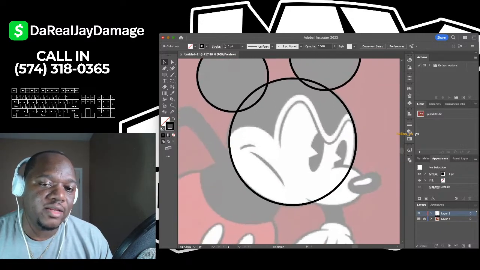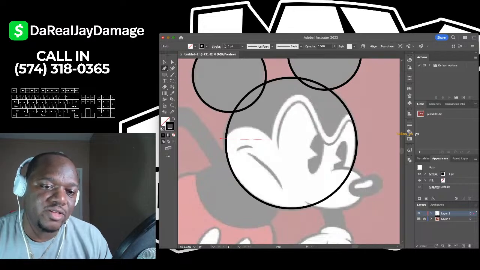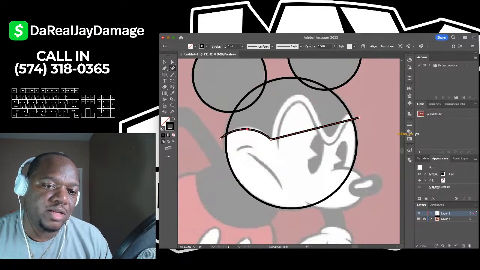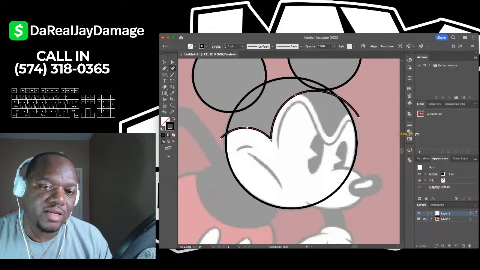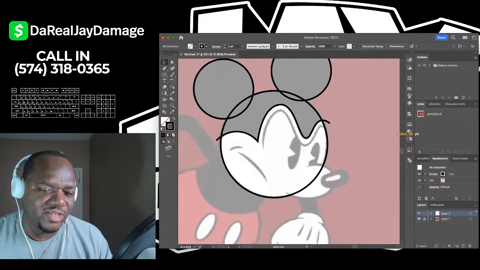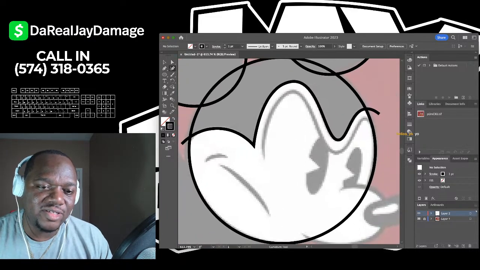A slick way that I usually do with the pen tool is when I see a sharp point like this, I'll just do like this. I click on the outside of the subject, use that point right there, and then click on the outside again. Grab the curvature tool, bend it like that, bend it like that, bend it like that. And all we're doing is just bending and adjusting and pulling until we have the perfect shape. Now we have his, I guess that's his hairline. Now we got that. We're going to do the same thing for his